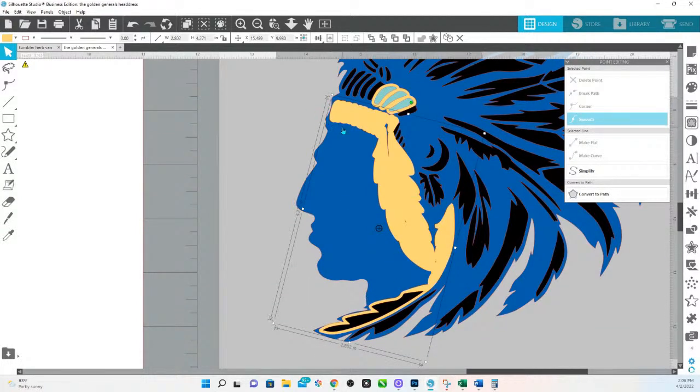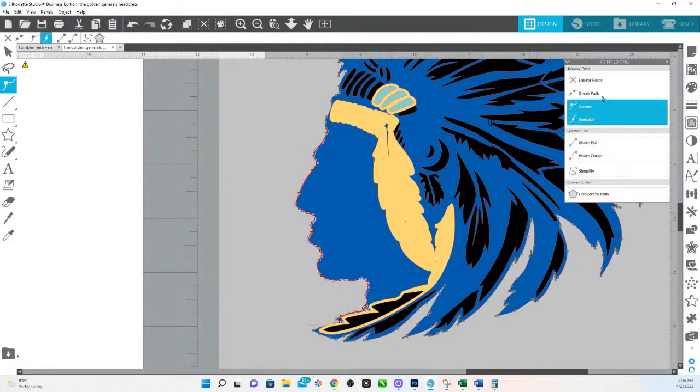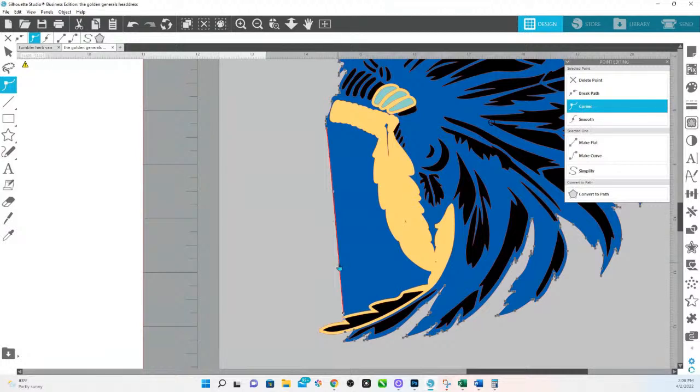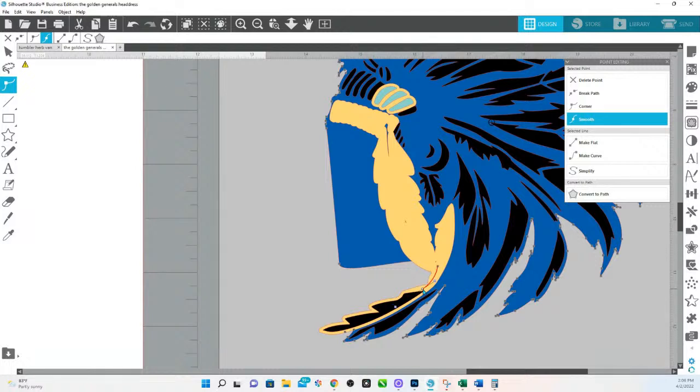Now I'm going to basically remove the face area. So I'm going to double click here, hold down shift, drag and select all of these edit points because I don't need them. And I'm going to hit delete point. And here I'm going to also delete point and move this behind the yellow. And I'm going to add a few points here because I want to pull this back. So I'm going to add points, and I basically want to make sure that this blue part here is hidden behind the